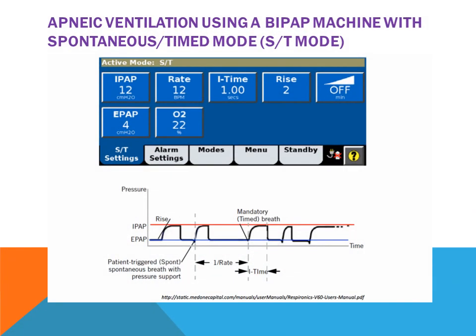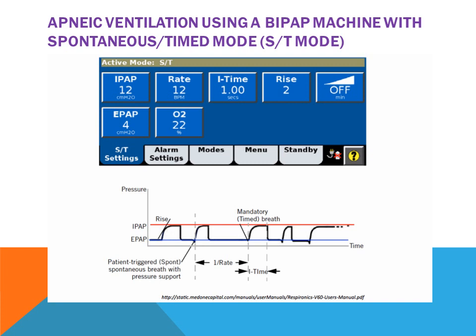Apneic ventilation using a BiPAP machine with a spontaneous timed mode. So here we can see the settings in the BiPAP machine: the IPAP rate is 12 and the time, that is 1 is to rise, and EPAP 4. That will be dependent upon the spontaneous respiration, or the spontaneous breath that the patient will be taking. And here you can see the diagram: dependent upon the spontaneous breath the patient is taking, the BiPAP